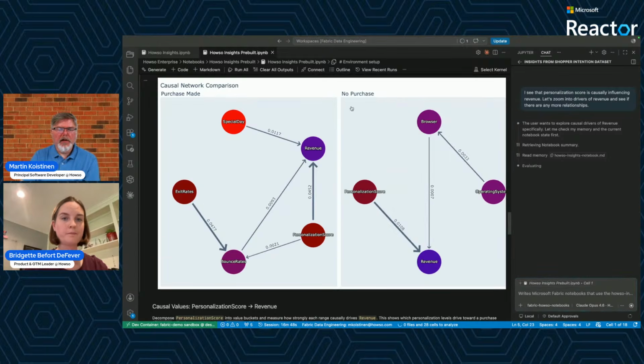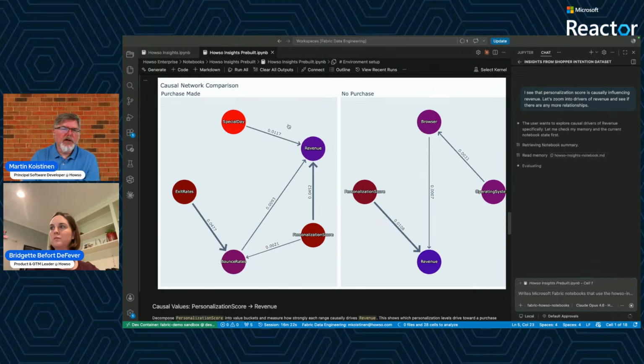Yeah, and I should have drawn out that this diagram here is where we saw no revenue. So the impact here with the personalization score and this browser, these are the highest drivers for when revenue is false, so there's no purchase made. And so probably the relationship, and I'm speculating, is that they bounce, right? So we saw earlier that there were these bounce rates that were also affecting things.